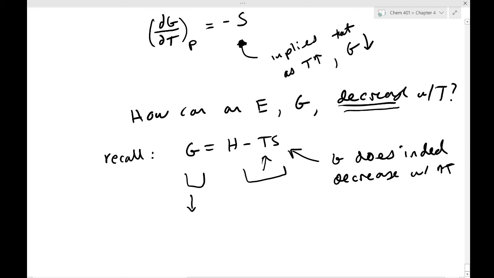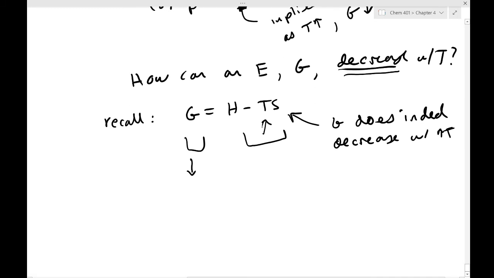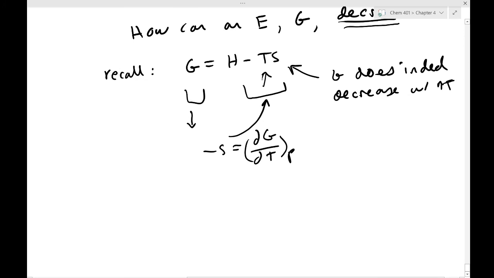It decreases as the temperature increases. Now we can plug back in here: negative S is equal to the change in G with respect to the change in temperature at constant pressure. We can plug that back in for this S, and we can see that G is equal to H minus